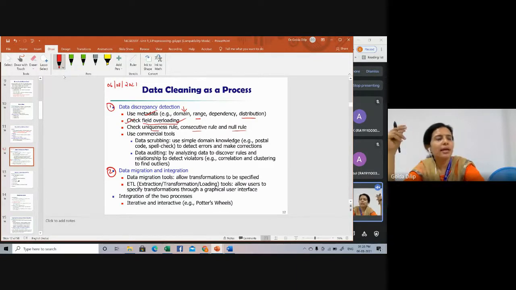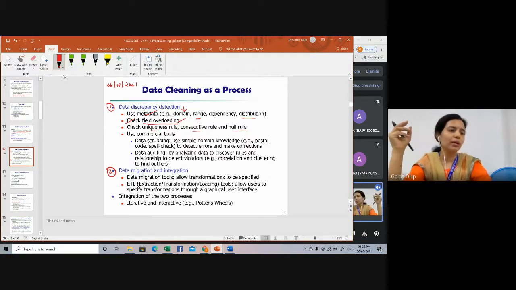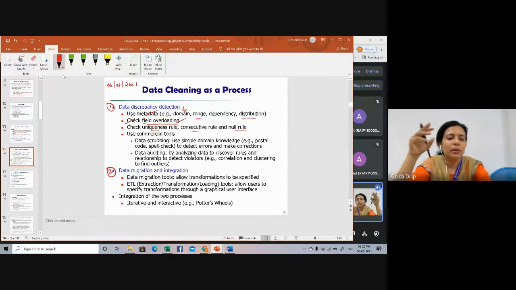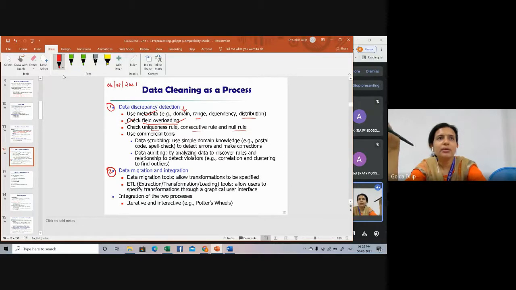What it says is every attribute should have a unique value. When it comes to DBMS, we'll call it a primary key or unique key. We can define it as a primary key because no two attributes will have the same value. So uniqueness: no two attributes should have the same value. For example, if it is ID, no two ID numbers should be the same. That is what the uniqueness rule says. For a given attribute, each and every value should be different.